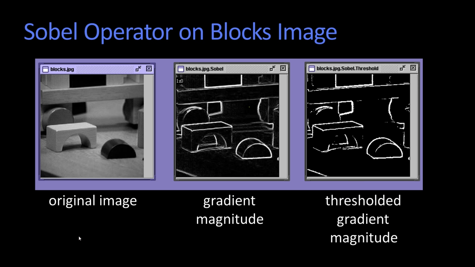So here's an ancient example. It's so ancient I know because that's X Windows, so that even predates when most of you were born. And here you have a picture on the left that's an image. Here's the gradient magnitude, so you just apply the Sobel operator, take the sum of the squares, square root of. And then, by the way, you could just threshold it. And you'll notice two things. One, it's not an awful edge image. And two, it's not a great edge image. All right? So we're partway there, partly towards getting that done.